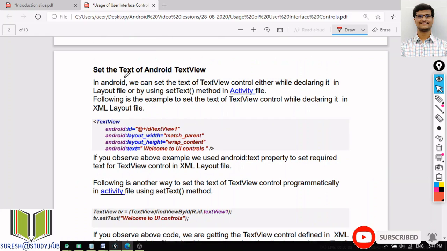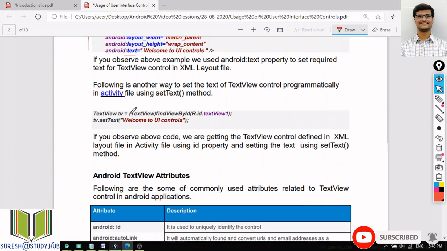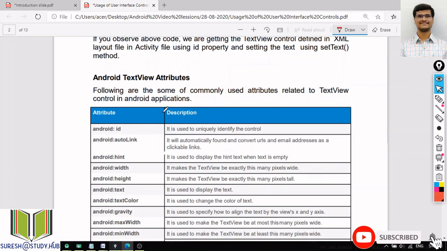Next, if I want to set the text, in the XML layout file I will use this Android text property. But if I am using a .java file, then I will use the set text method. And if I want to get the text, I will use the get text method.